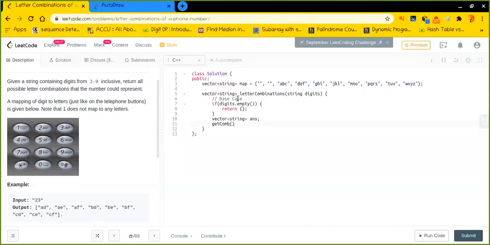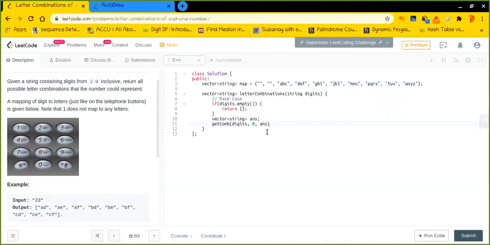Let me pass some parameters to it: the digits, and first of all I, pointing to the first digit of the string, that is 2, and in each next state I will be moving I forward.